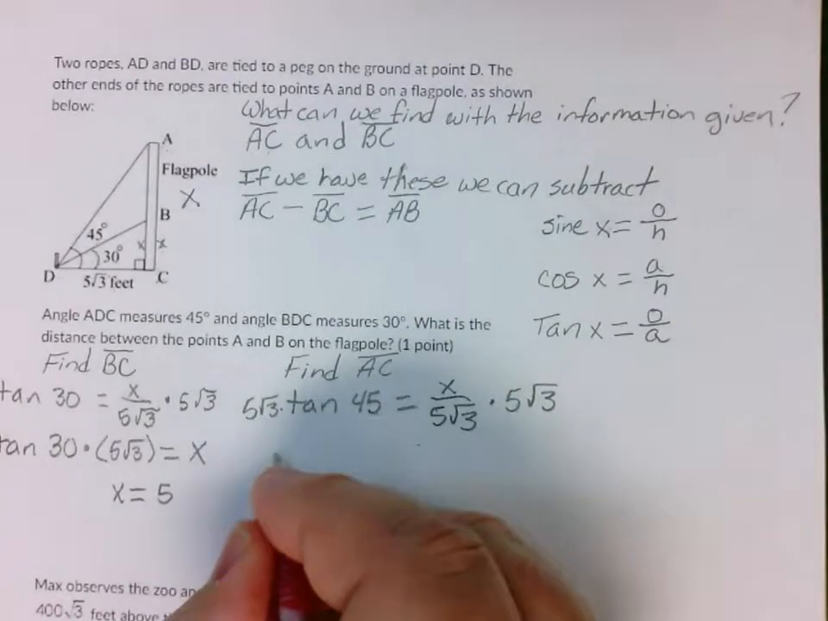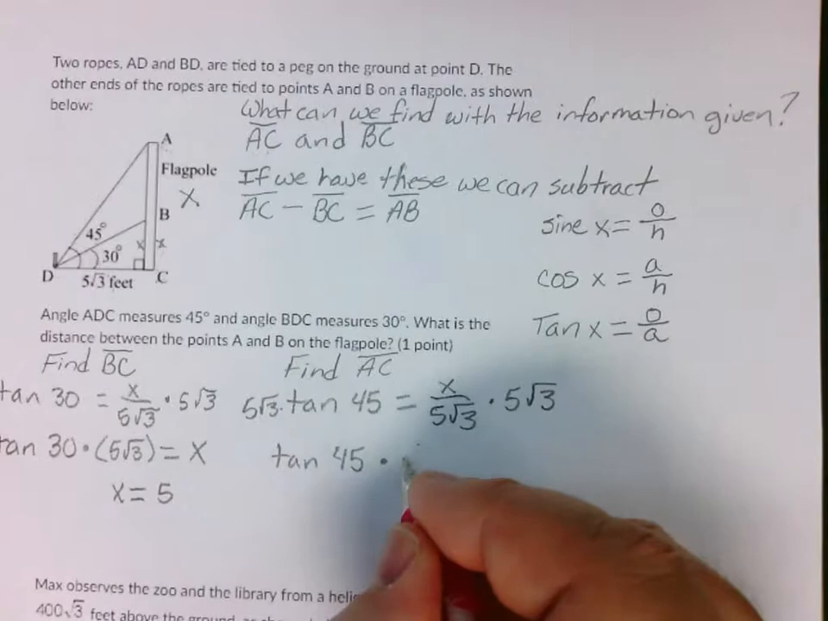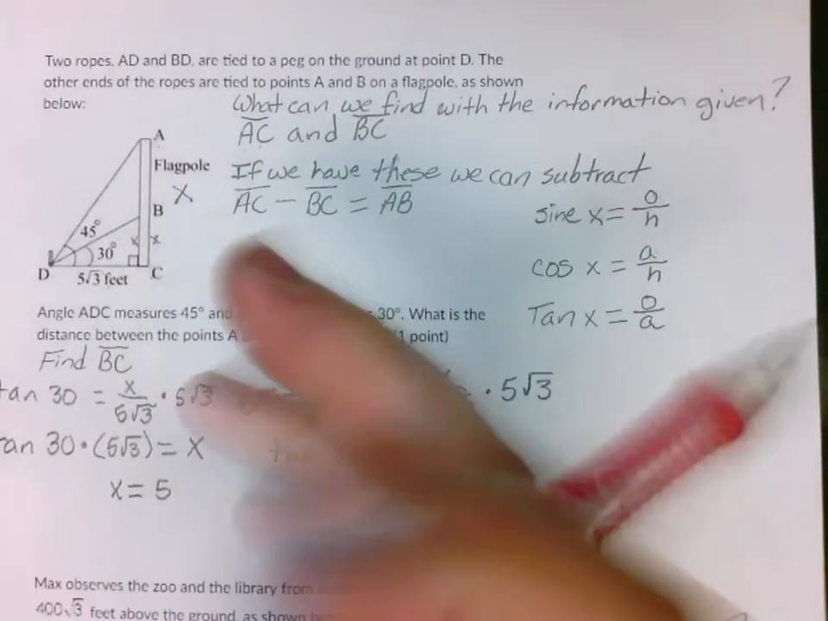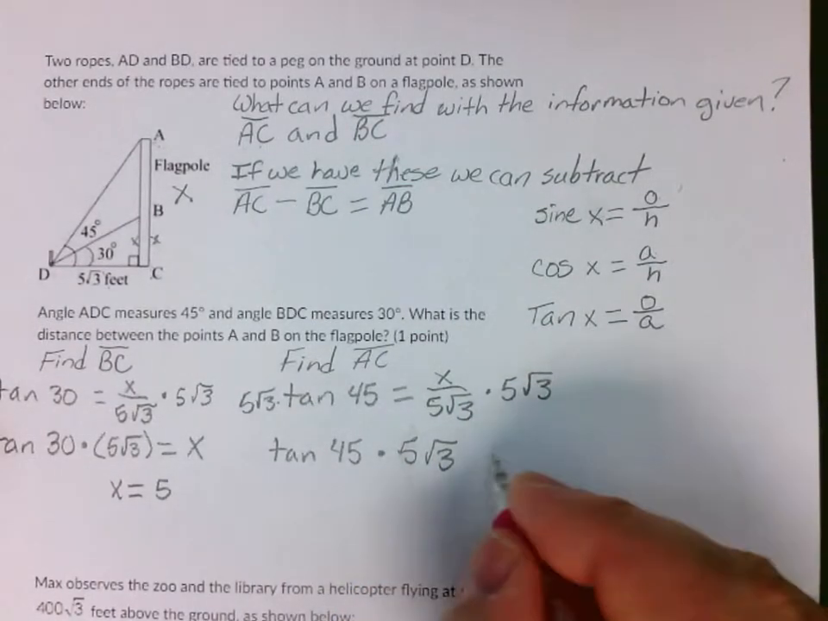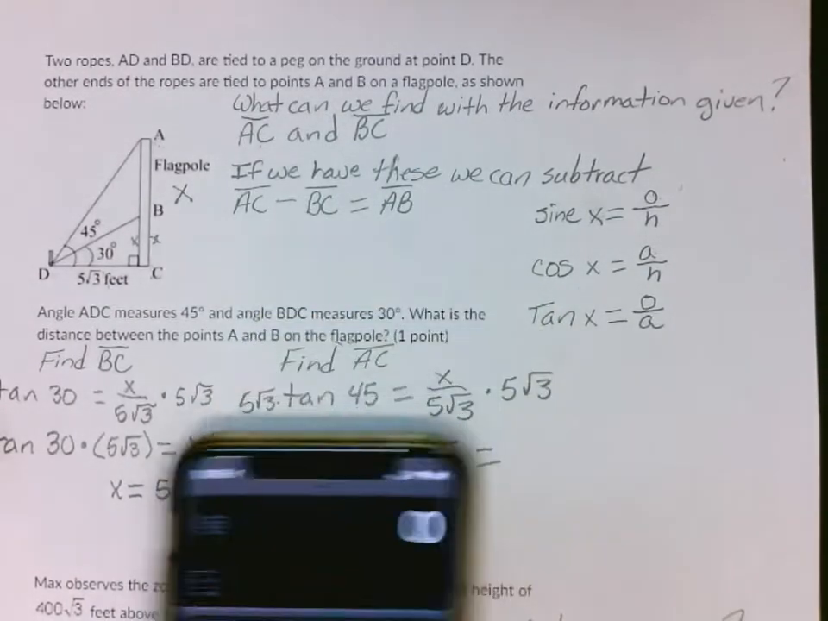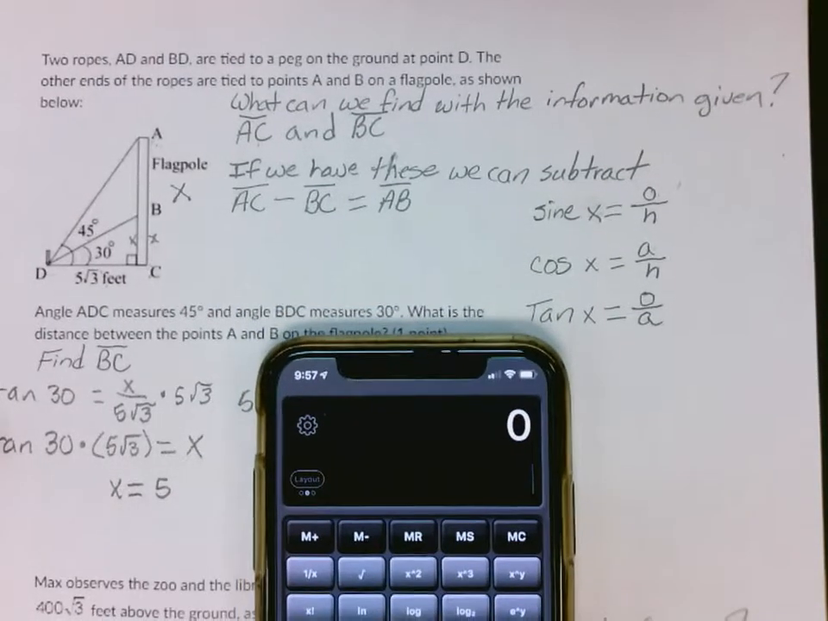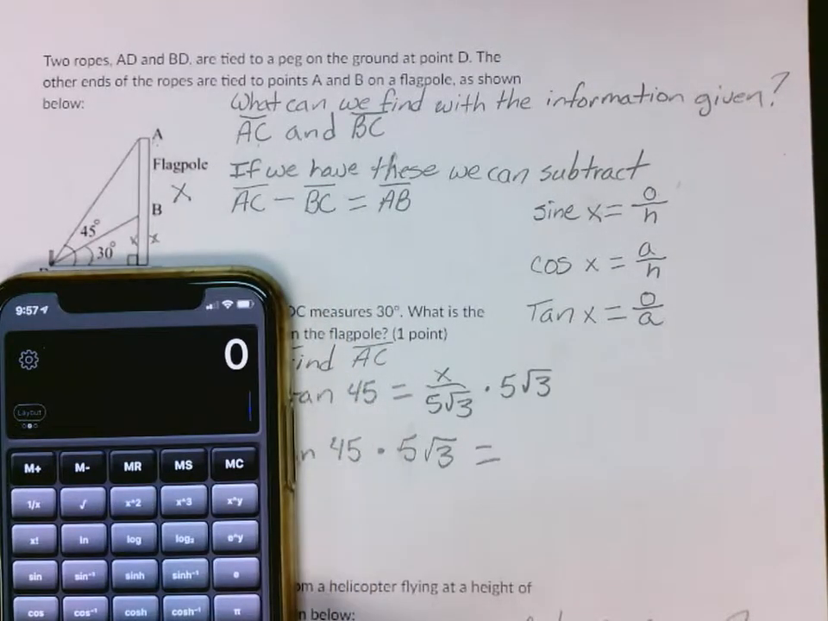Okay, so we rewrite it as tangent 45 times 5 square root of 3. Okay, again, pull up our calculator. Okay, I want to make sure you can see this. Okay, so I'm going to go tangent. Let's see, tangent 45,